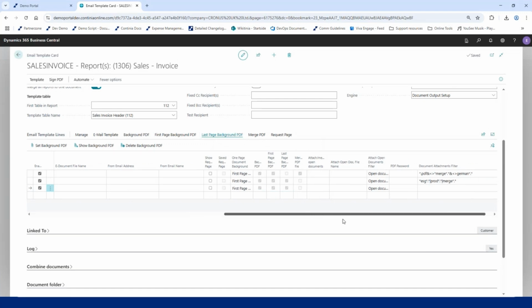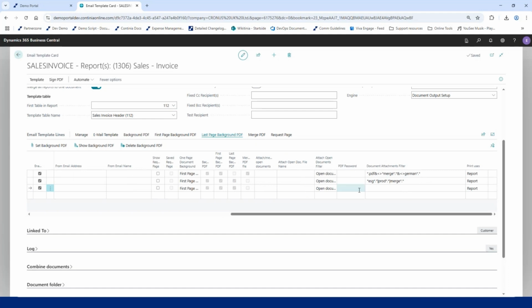And in order to add the merge file, or the same content as the merge PDFs, I will have to do that through the filter and fetch it as the attachment on the document itself. So the filter would look very similar,